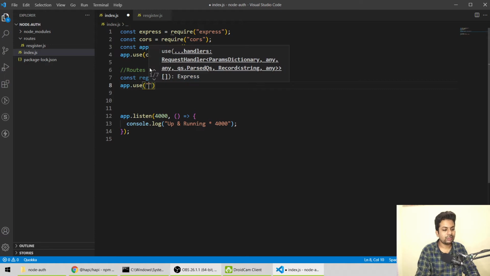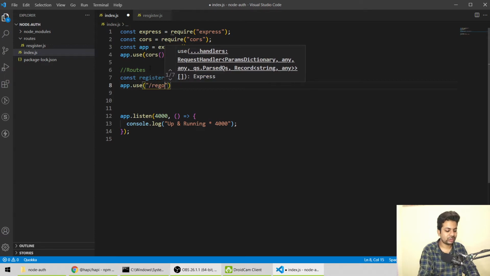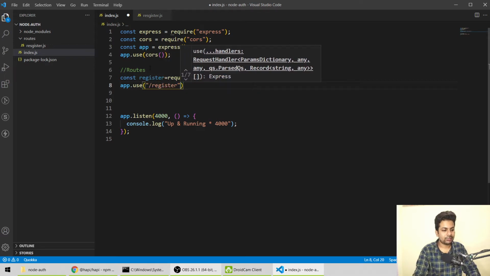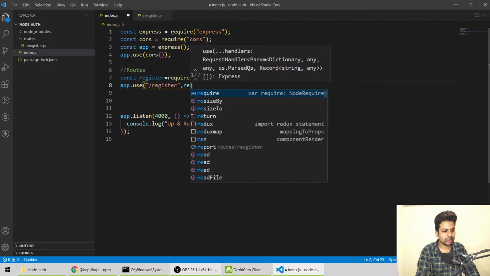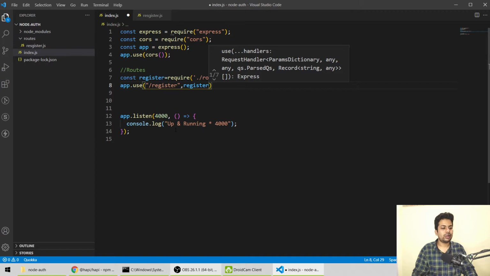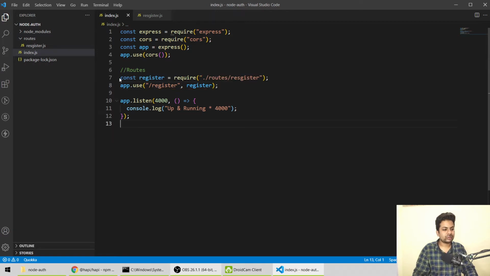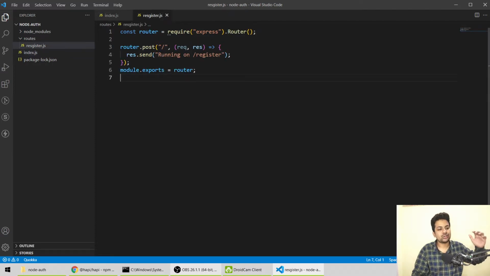So on which URL do we want it? We want it on /register. Okay, and what is the name? The page name is register. So what I'm doing is simply importing this register page, and here I'm telling it, whenever someone hits the URL /register, just go to the register page. So it will jump to this register page, and it will search for the URL,